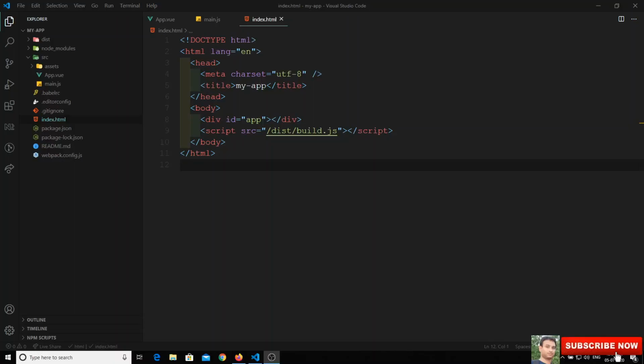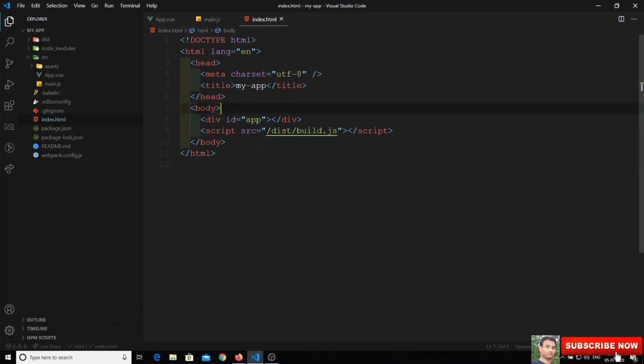Hi friends, in this video we will see how we can share the data between two instances. If you have two instances, how can we keep the data the same for both, so that if the data is updated in one instance, the data used by the other instance also gets updated automatically? I will show you the scenario.